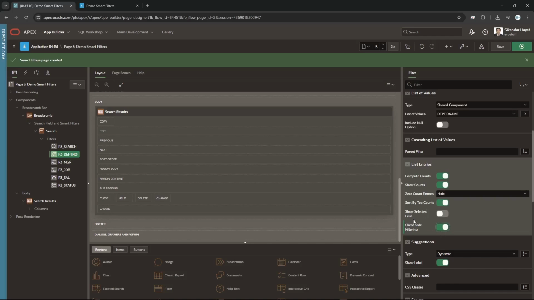Show selected first, that means which you have selected value. Let's say for example you have selected value 20, so it will show before 10, high priority. So first, and few other options, compute counts. If you turn it off, it will not show you that count. Show counts 0, right? Disable, show last. Okay, sort by top counts, right? It will